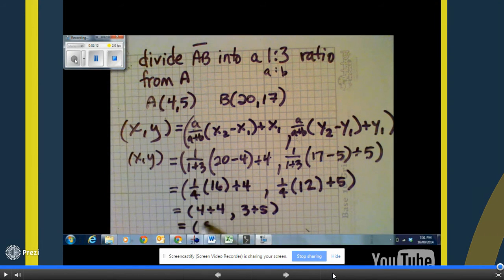And we get the 8, 8. So that's how the part-to-part